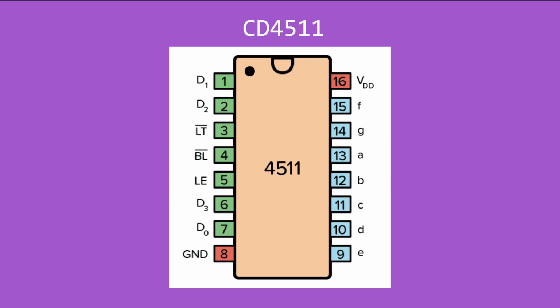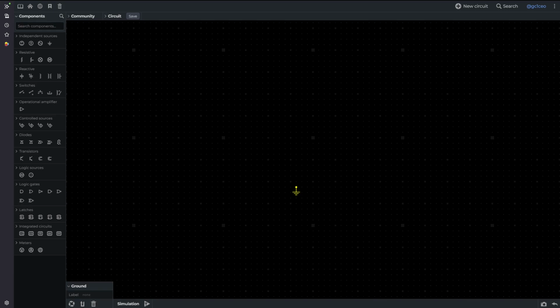This could have a lot of uses, and this is set up for a common cathode. So you'll want to display a digit that is common cathode as well. Then again, you can do some inverting if you need to, but the chips are cheap enough. Now let's look in EveryCircuit at what we can do. We don't have access to a specific chip, but we do have, let's see,